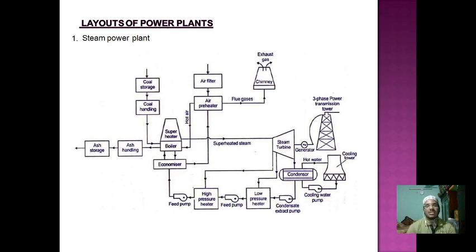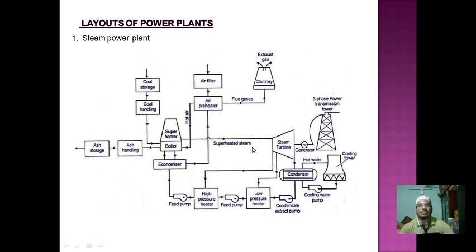Air is inserted in the layout, and cold water is inserted with the help of pumps. The cold water is passed through the condenser, then with the help of a pump goes to the low pressure heater. Then the feed pump is there, and after that the high pressure heater, where the pressure of the water becomes high. Then the economizer is there, and after the economizer, the boiler. In the boiler, hot air comes from the other side, and superheated steam is formed.